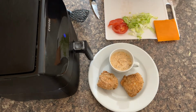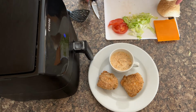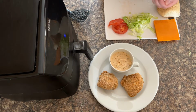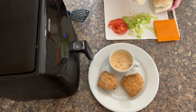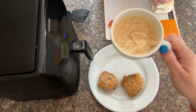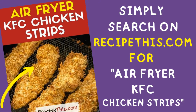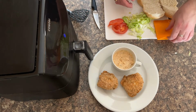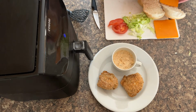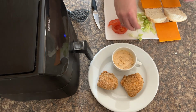What you need for a zinger is some bread rolls, or you might call them baps where you live, and then you also need lettuce and tomato, some sliced orange coloured cheese, so we're obviously going with red Leicester for that, and as well as that you also want some of this, which you can see being made in our KFC chicken strips video, but basically it's a mayonnaise with extra KFC seasoning and some lemon, etc. And of course we've already cooked the chicken in the air fryer, so it's just a case of assembling it